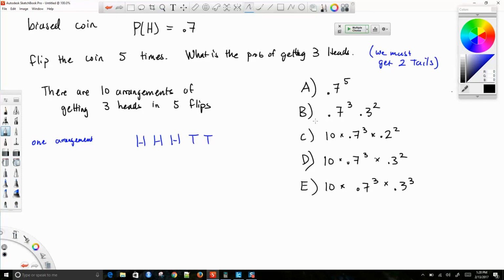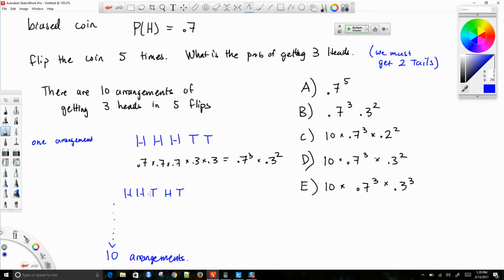And what is the probability of this arrangement? Well, it's going to be 0.7 times 0.7 times 0.7 times 0.3 times 0.3. So this becomes 0.7 cubed, or 0.7 to the third, times 0.3 squared, right? So that's one arrangement, and over here I said there are 10 possible arrangements, so there could be heads, heads, tails, heads, tails, or something like that, and there are going to be 9 more arrangements. So a total of 10 arrangements,